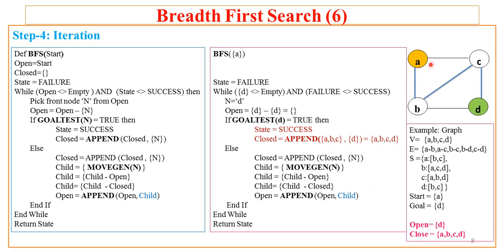Up to this point we have done the traversal of the given state space. We started with A, we visited B, then C and then D. This way the breadth first search maintains the list of nodes in the closed, and at this point of time there is nothing in open and closed has all the nodes visited, that is finding the path from source to destination. Hope you have understood this.